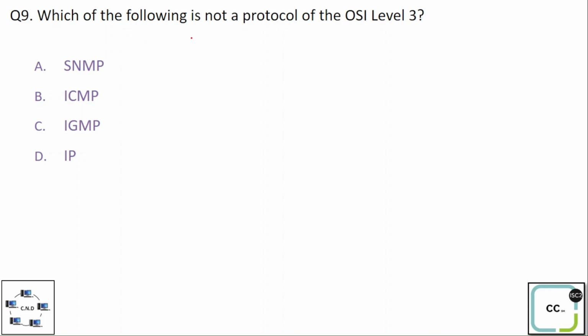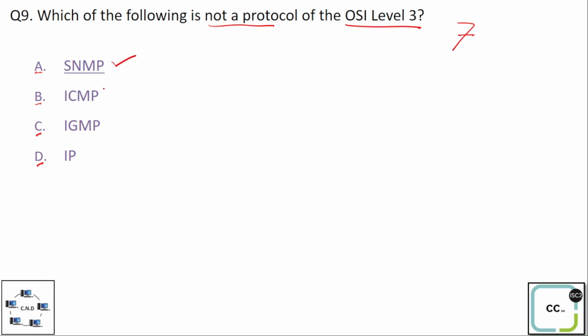Question number 9. Which of the following is not a protocol of the OSI layer 3? So in the OSI model we have 7 layers. So which of these protocols does not belong to layer 3 of the OSI model? The options are option A, SNMP, option B, ICMP, option C, IGMP, and option D, IP. And the correct option is